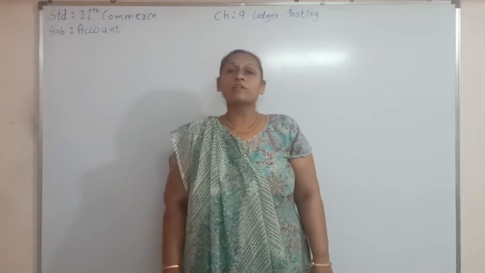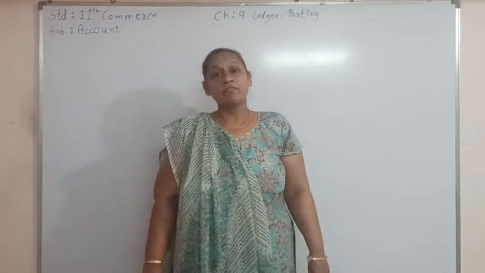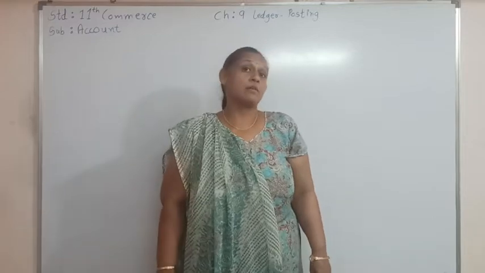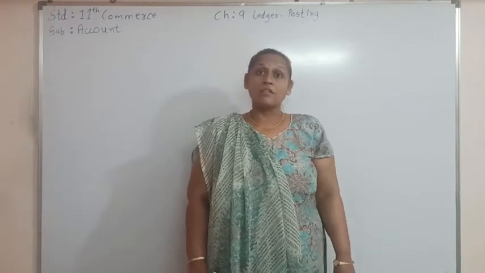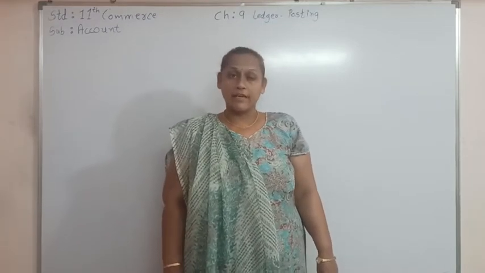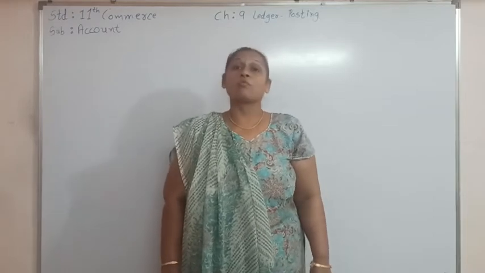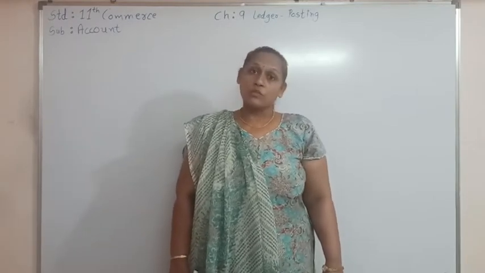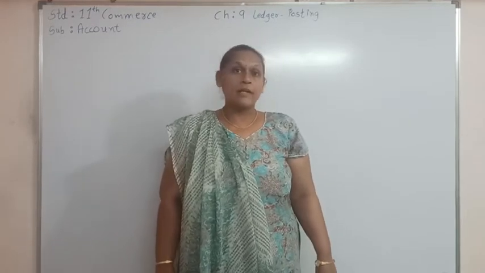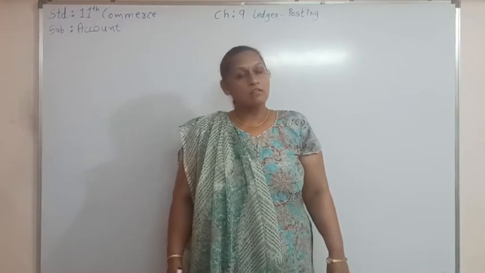Till today we have learned posting from journal, posting from combined journal, then we have learned posting from different subsidiary books, that is simple subsidiary book, then columnar subsidiary book with goods, subsidiary book of column as well as expense. Then we have learned the posting from the cash book. Today we are going to see posting from the petty cash book. So very first we are going to prepare the petty cash book, and from that we will prepare the ledger.